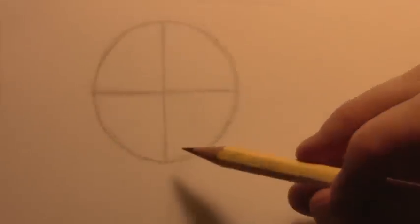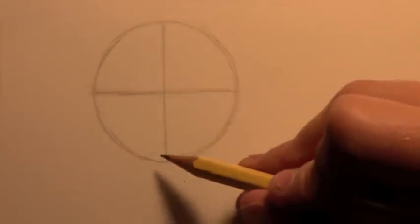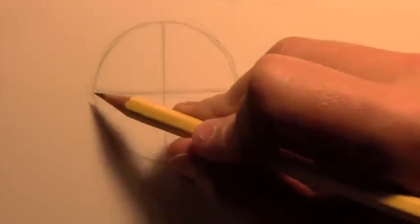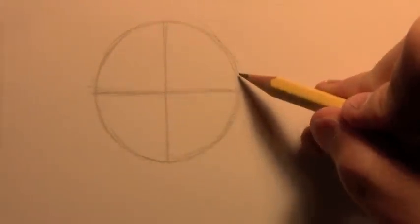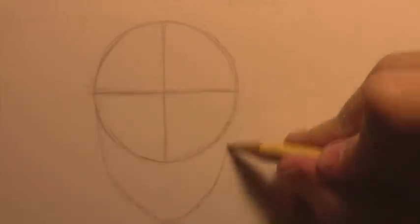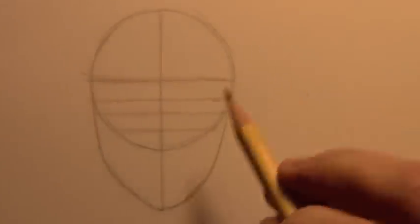Okay, sorry I did that in time-lapse, but there's going to be quite a lot of time-lapse in this video just because I'm trying to cover a lot of different stuff. Just want to tell you quickly, I start with as perfect a circle as I can manage, and then do these lines, a vertical and a horizontal line. I just like to start with something that is repeatable, and anytime you do this, it's going to look more or less exactly the same. Now I'm going to add some other lines, again in time-lapse, just to move quickly. Okay, so I added the jaw line coming down here and a few lines for indicating the eyebrows and eyes